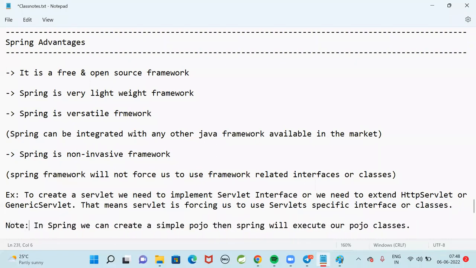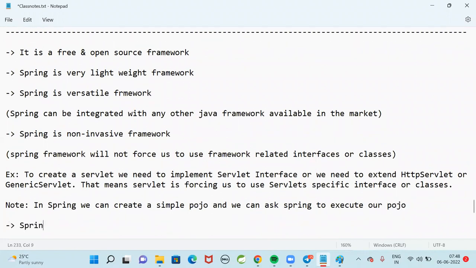In Spring, we can create a simple POJO and we can ask Spring to execute our POJO. Spring will do that.